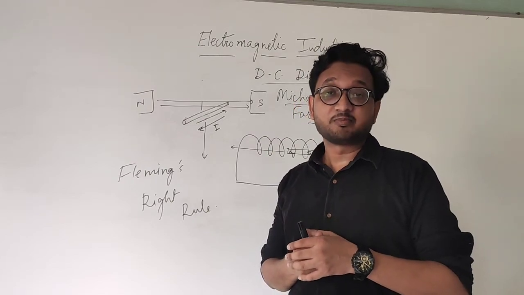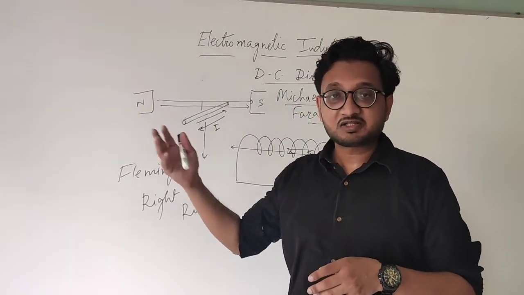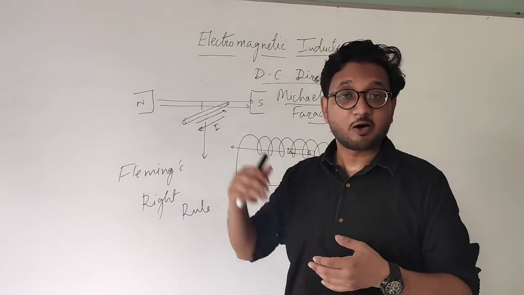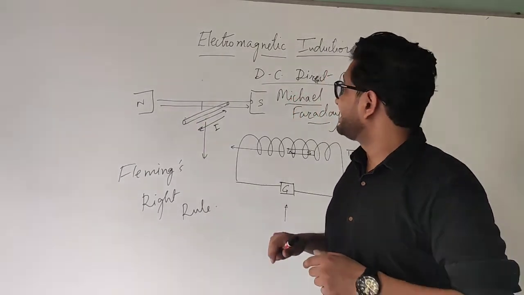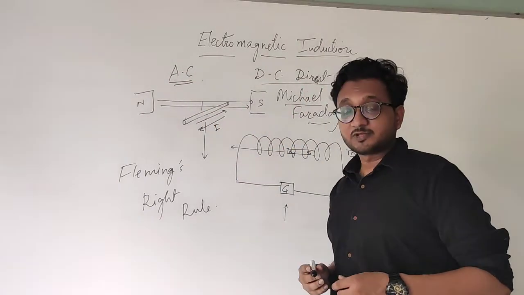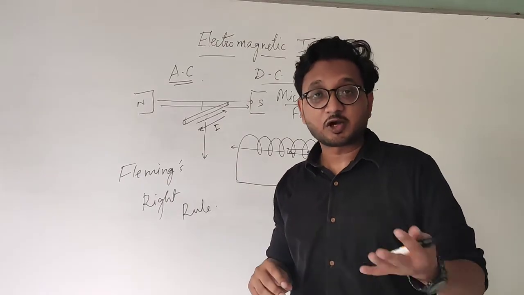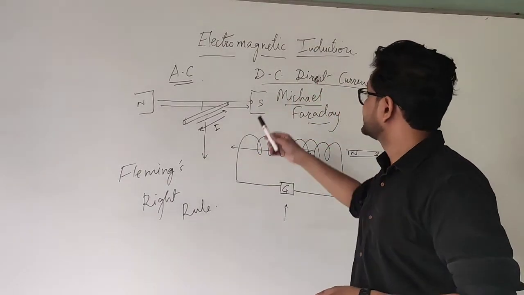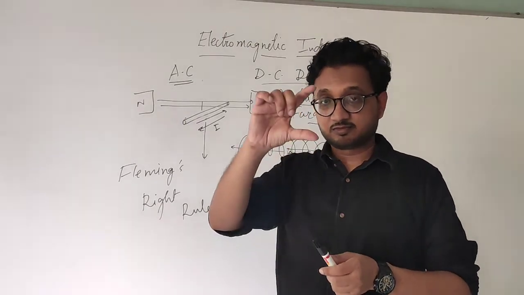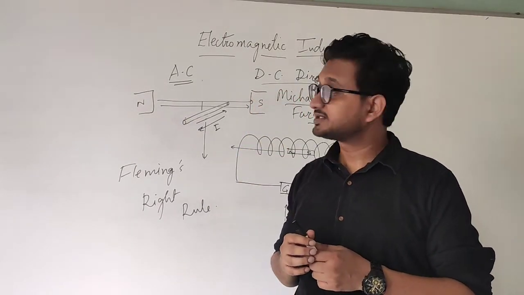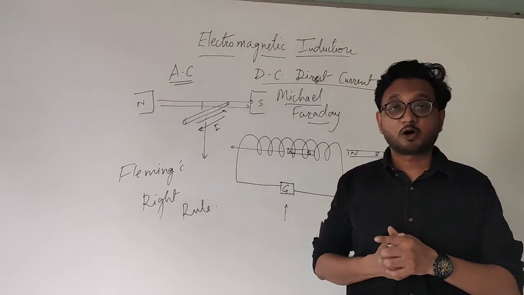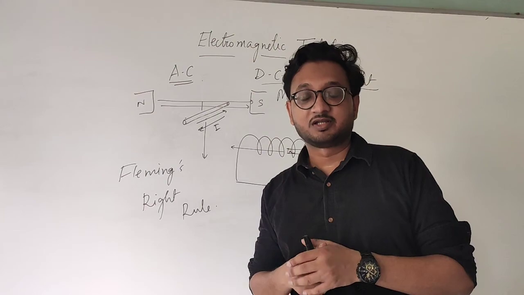The important thing to know is that the current that we use in our day-to-day items or our household appliances is AC current, that is alternating current. And the ones that we use in our toys and everything, small batteries, that is DC current. That has a positive and a negative side on a cell or a battery, that is direct current. I hope it is clear to you, students, and we'll talk more about the electric generator in the next video.